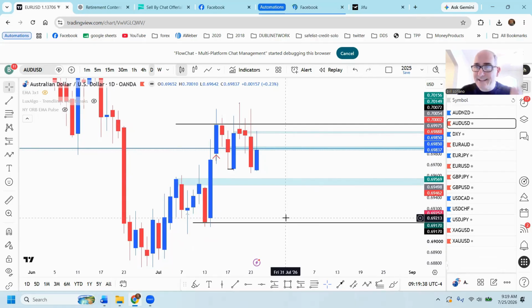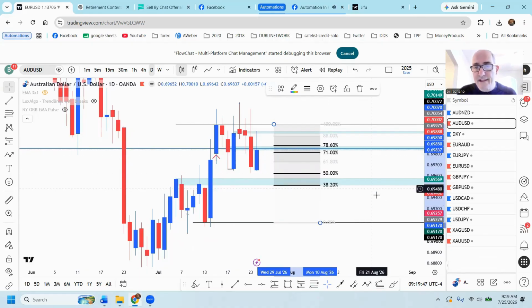The importance of the daily high and low is this. If I draw a fib down here, and this obviously isn't a hard rule, you're going to get your best selling opportunities when price is in the upper half of this range, above the 50%, and you will get your best buying opportunities when price is below that. It's not one of the rules of the strategy that you have to be in that area to take the trade, but